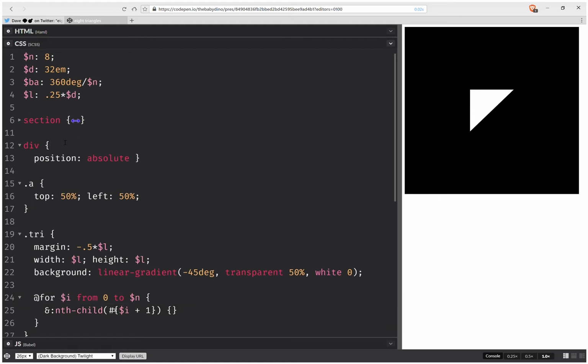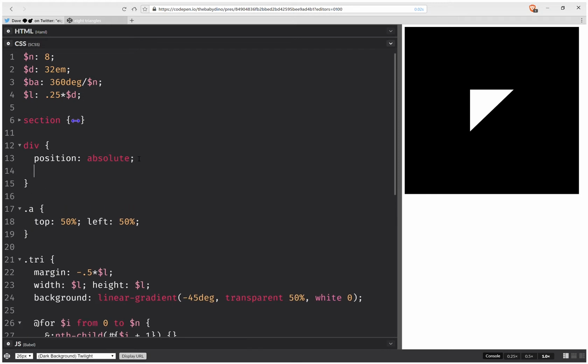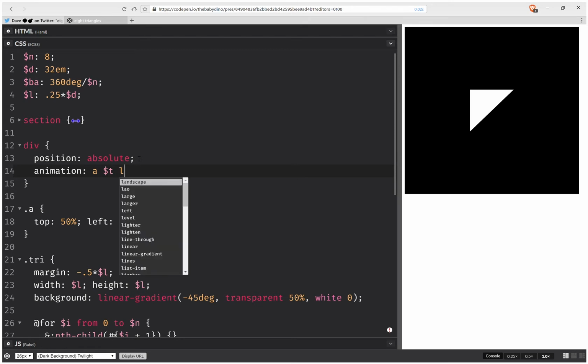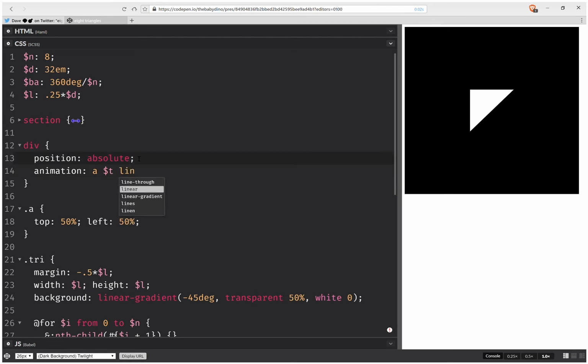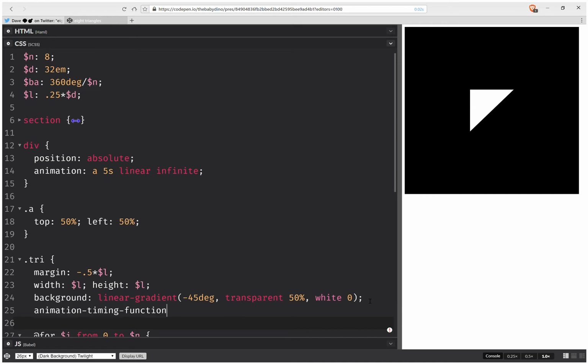Now I'm going to do something else here. I'm going to set an animation. It's going to be the duration, linear, infinite. Okay. Now actually I can make this, I'm not going to use it again, and here I'm going to have animation timing function, and it's going to be ease in out. Okay,